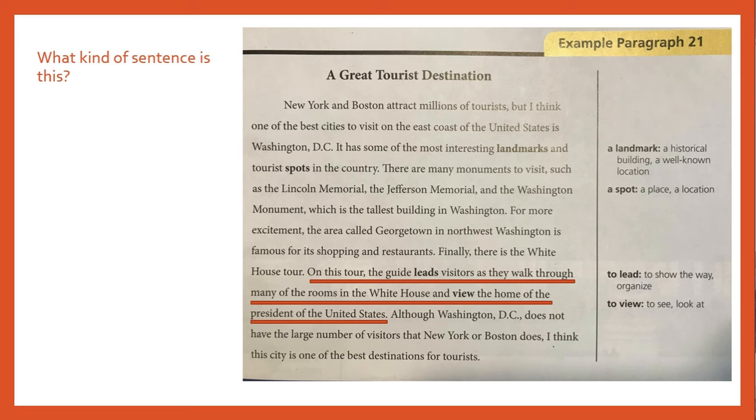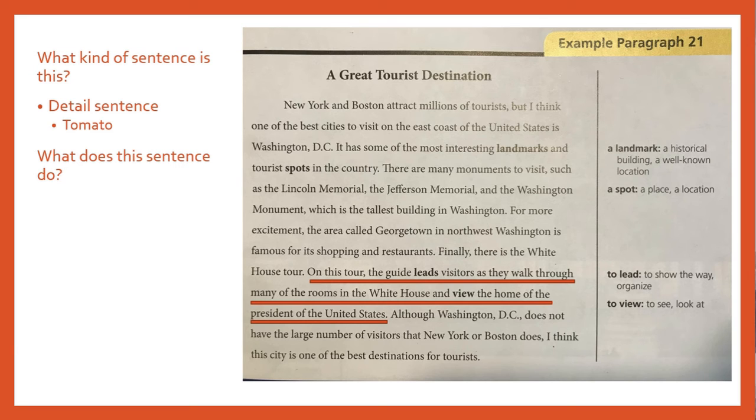On this tour, the guide leads visitors as they walk through many of the rooms in the White House and view the home of the President of the United States. So this is one of our other detail sentences. So we'll pretend instead of another piece of lettuce, this is a tomato instead. All right, so